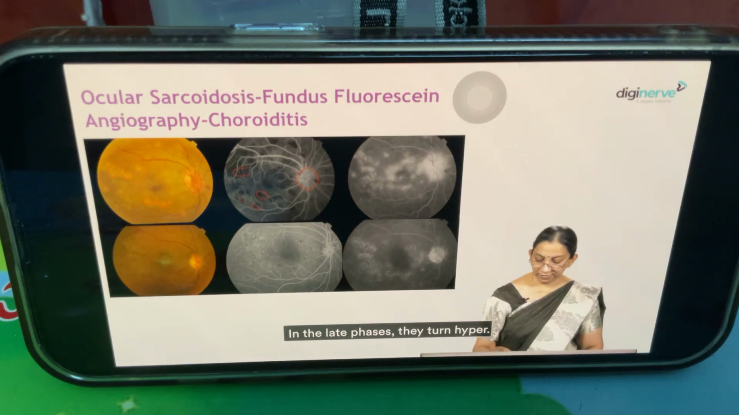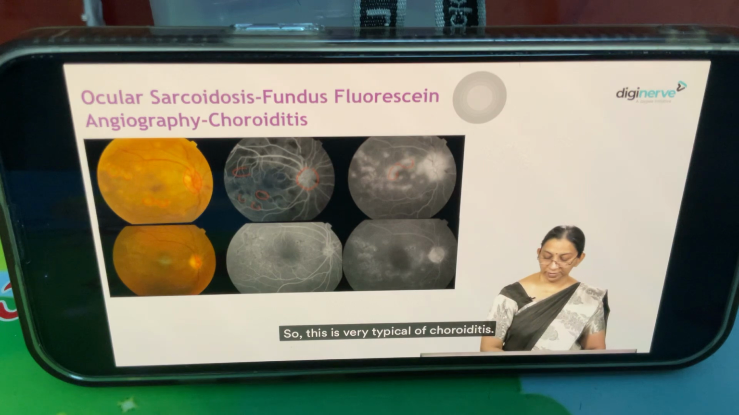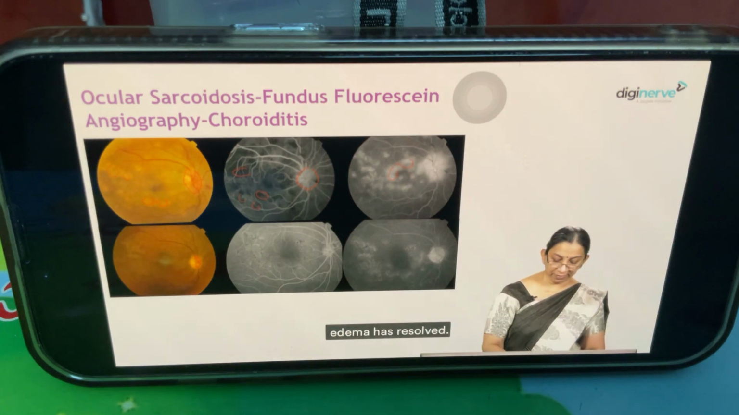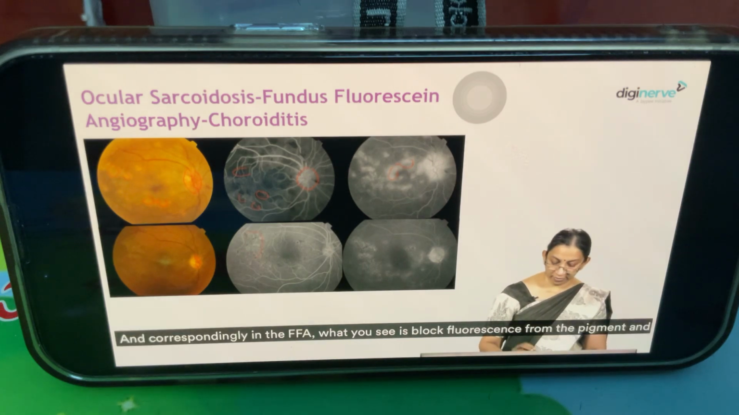In the late phases, they turn hyper. So this is very typical of choroiditis. It's the same eye after treatment. You can see that the lesions have disappeared, the disc edema has resolved, and what you're seeing is just pigmentary changes. And correspondingly in the FFA, what you see is blocked fluorescence from the pigment and window defect due to